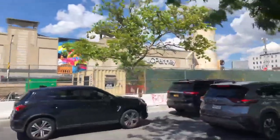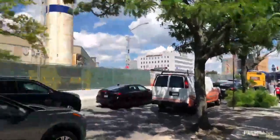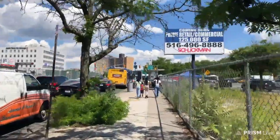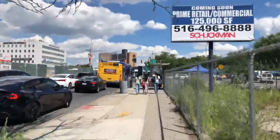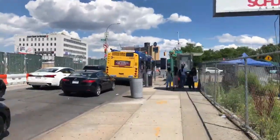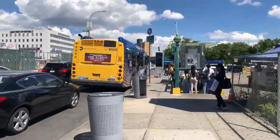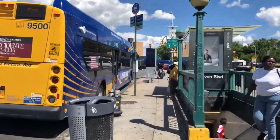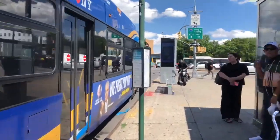we will be, okay, so JCPenney is still there. The letters are not down yet, so I'm guessing they're not bankrupt just yet. But I don't know how long that's going to be. But okay, so after 63rd Rego Park, we go to 71st Forest Hills. And many of you may or may not know,